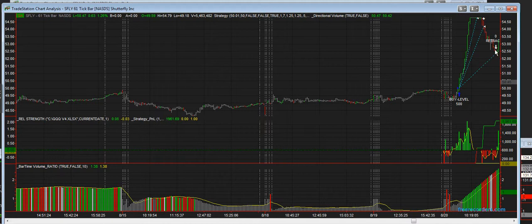This retrace rule is a protection: you have a monster move, and again, this is something I've seen far too often. You get a good move, and then the stock retraces almost back to the breakout level. If I don't have a retrace rule in there, I would basically run the position up, run it down. It's happened to me more than once, and it's pretty frustrating. So I added this retrace